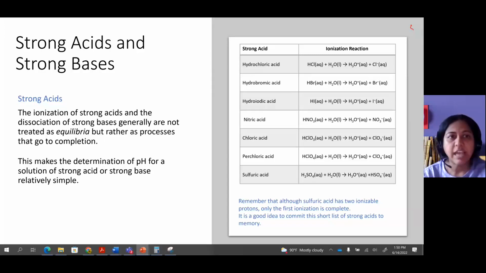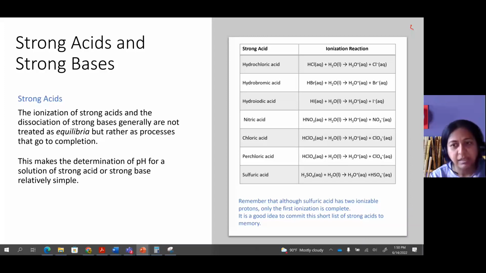Let's talk about strong acids and strong bases. Based on the ionization, acids or bases are classified as either strong or weak. In strong acids and strong bases, the ionization is complete. They are completely ionized into their conjugate base